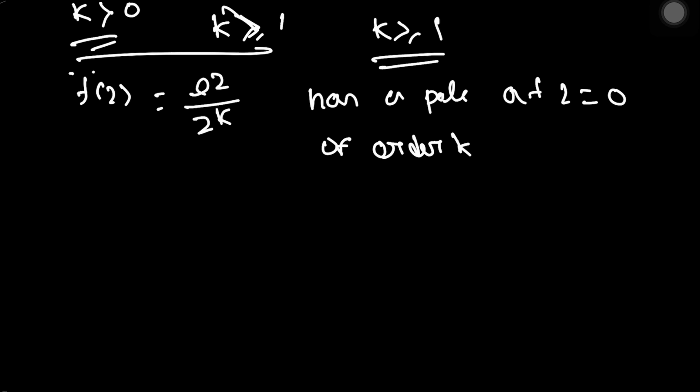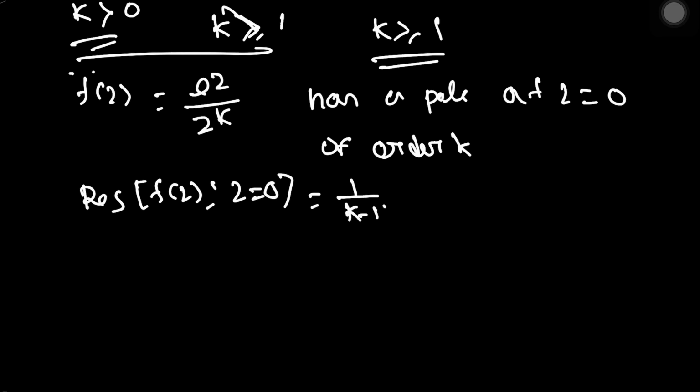So the residue of f(z) at z equal to 0, when k is greater than or equal to 1, will become 1 by (k minus 1) factorial